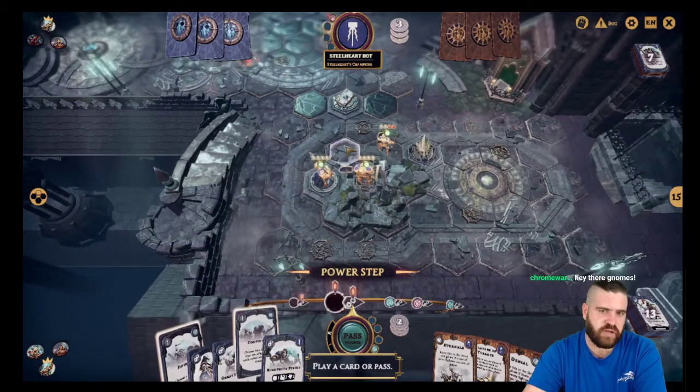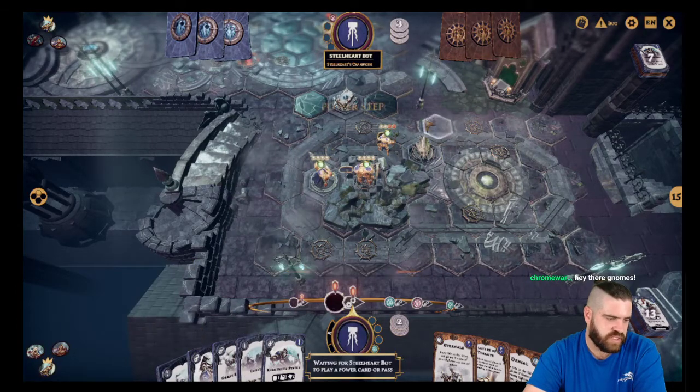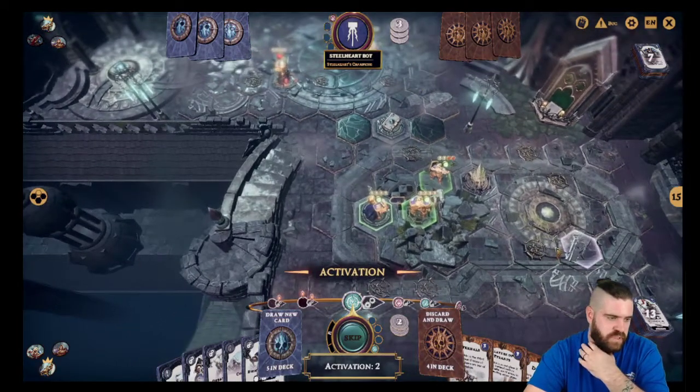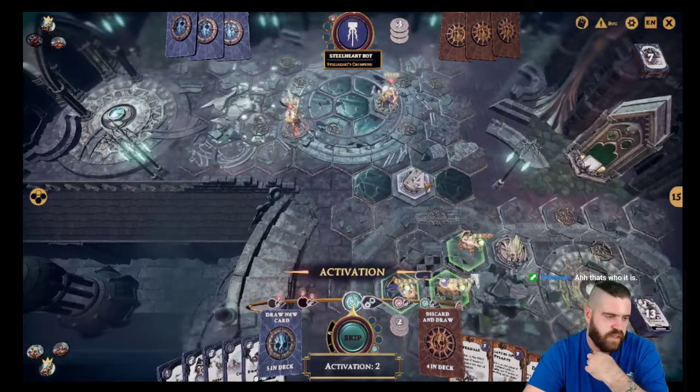Hey, it's Brock. Hey, Brock, how you doing? I don't know. We'll pass. We'll just let him charge. I mean, we could sidestep that guy back by 1. Or since he didn't charge off that one, we can...